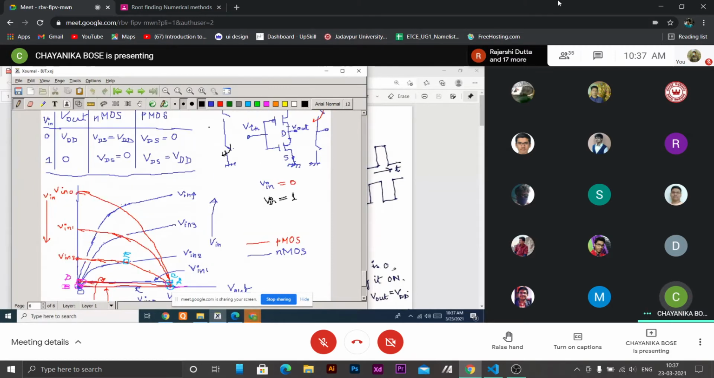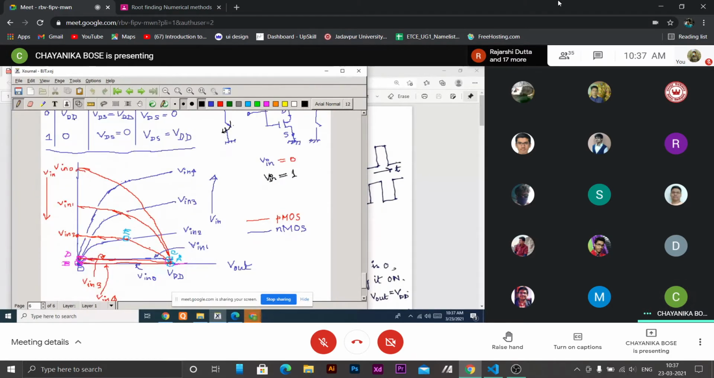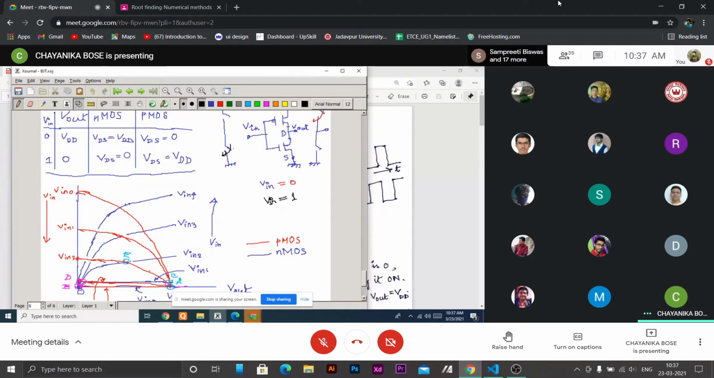Now we see that when V out is VDD, this is the VDD point, then NMOS has VDS equal to VDD. That means NMOS will be in its saturation region. So the blue ones are for the NMOS drain characteristic. The saturation region will appear when V out is VDD for NMOS. And these curves are for